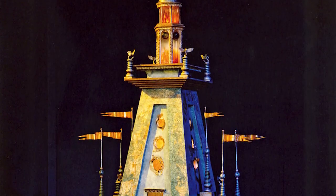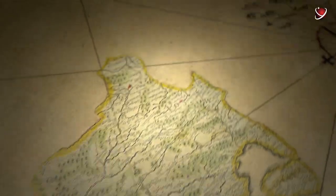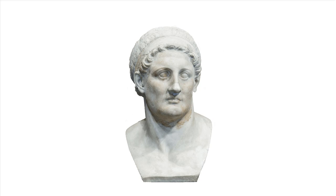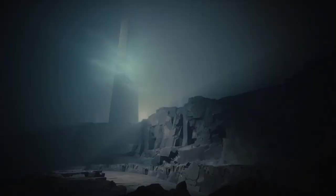The Pharos of Alexandria was more than just a lighthouse. It was a symbol of the city's immense wealth, advanced knowledge, and maritime dominance. Alexandria, founded by Alexander the Great and further developed by his successors, the Ptolemies, was a center of learning and culture. The lighthouse stood as a testament to this legacy, reflecting the city's importance as a hub of commerce, science,